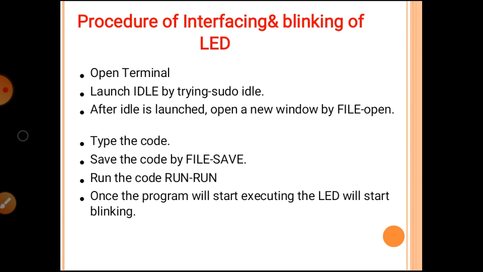Then type the code for our LED blinking program there and save that code by going to File and Save. Run the code by clicking on the Run button. Once the program starts executing, the LED will start blinking.